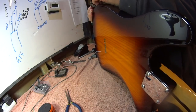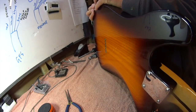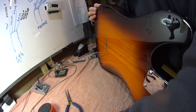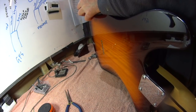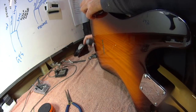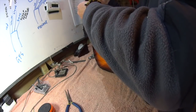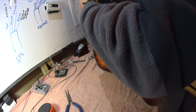Mainly, you've got to get your cable or your wires out of the way of the passage of the jack plug. You don't want the jack plug hitting any unwanted exposed bits. And again, I'm going to trust that I've done this right, but normally it would be good to double check it before you move on and restring everything. Anyway, this